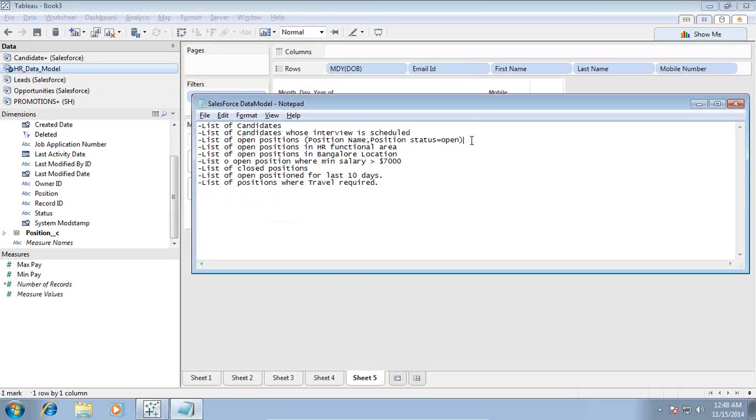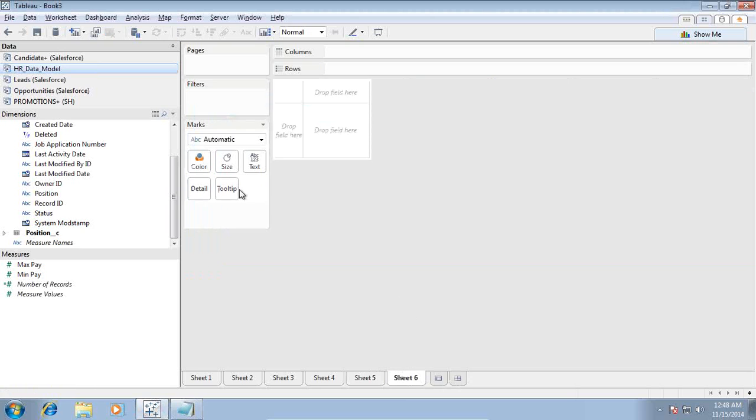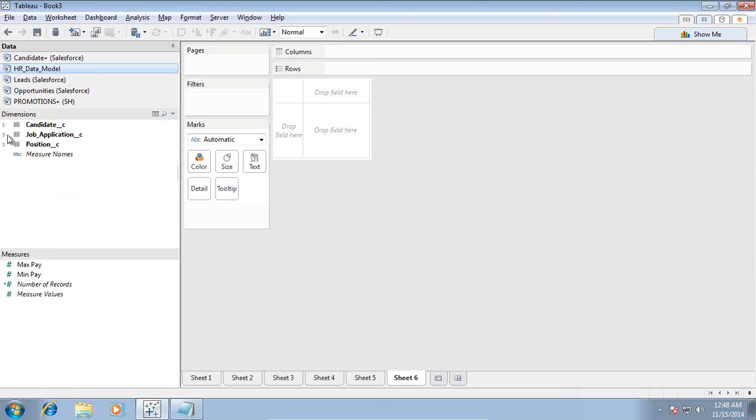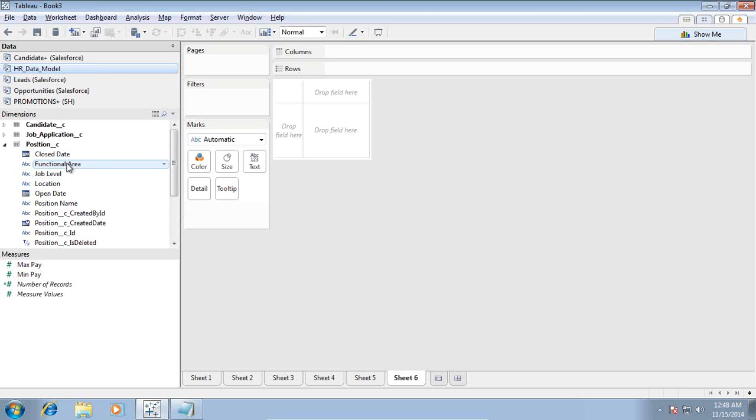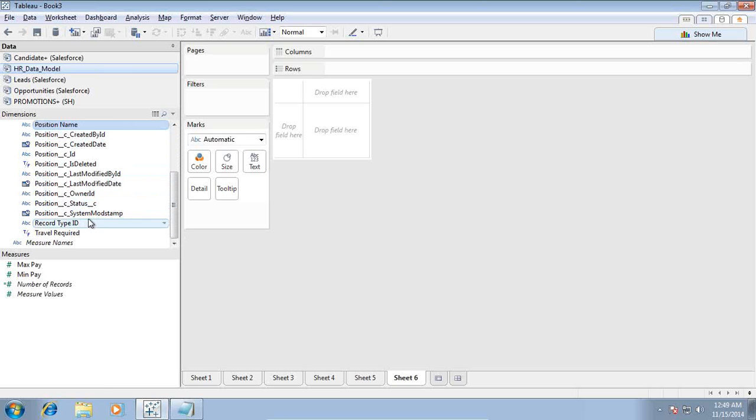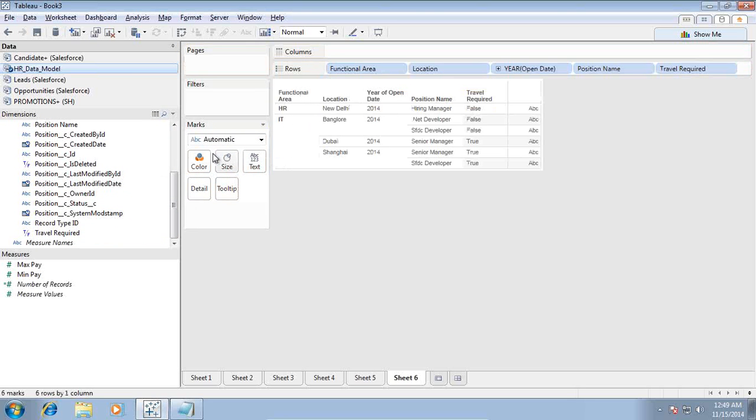Simple. For the third report, I'd like to see only the list of open positions. I'd like to see position name, position status. Okay, I'll create a new sheet for this, and position information we can find under position. The only thing I'd like to filter over here is open positions. So I'll select position functional area, position location, position open date, position name, and if travel is required for the position, drag and drop, put into my shelf, and I'll filter it out where